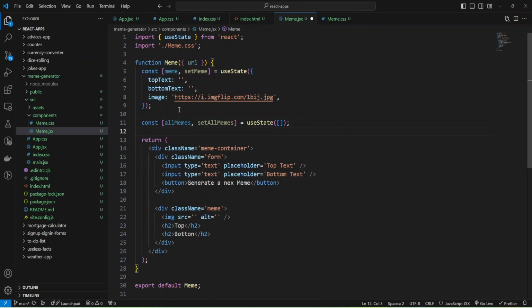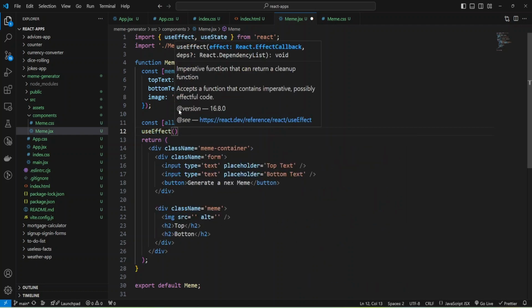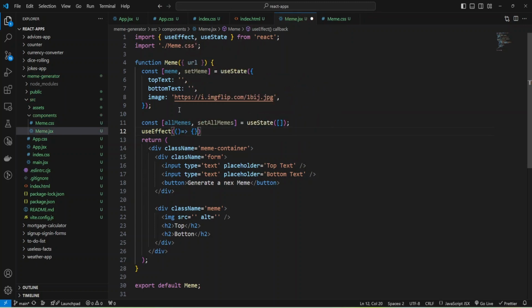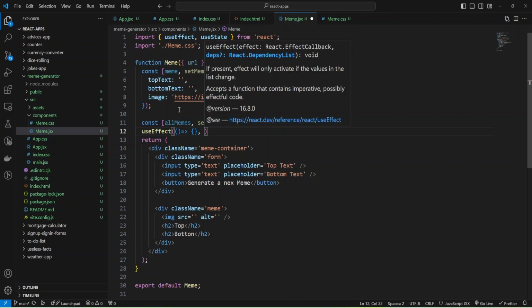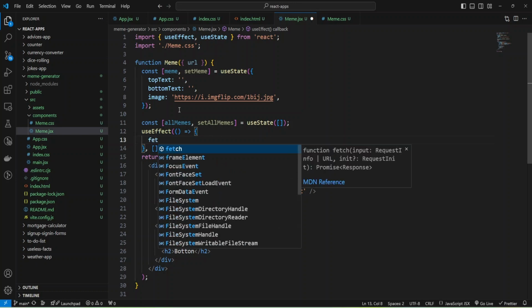And now I'm going to add use effect hook, and as you can see, import was added, and I need to provide the function, and it will be arrow function, and I'm going to call this function only initially after component is mounted, and to do that I need to provide empty array as a second parameter to use effect, and let's implement the function.